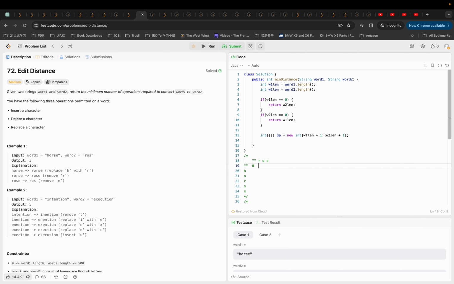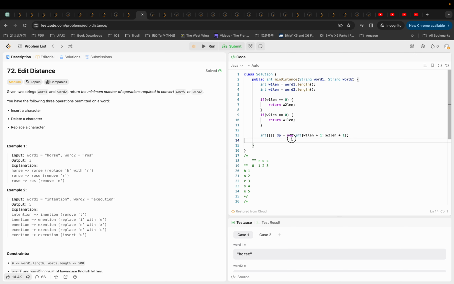And if we're going to match an empty string to an R, the minimum number of operations we need is 1. We're only going to add 1 R there, and this is 2, this will be 3, and also this one will also be 1, 2, 3, 4,